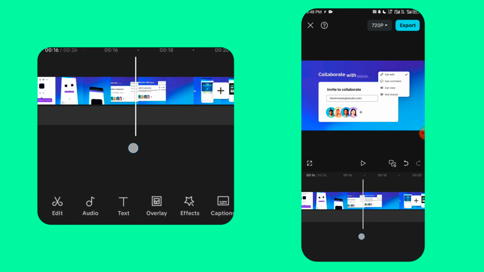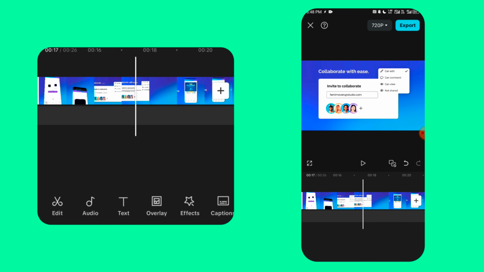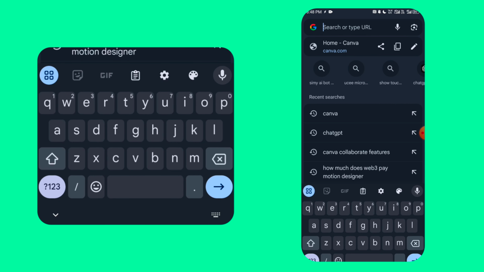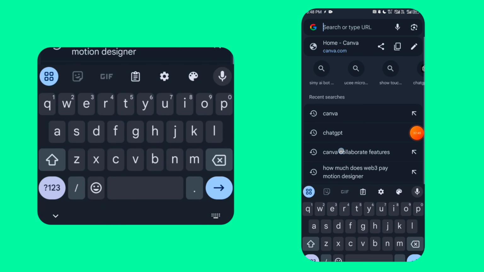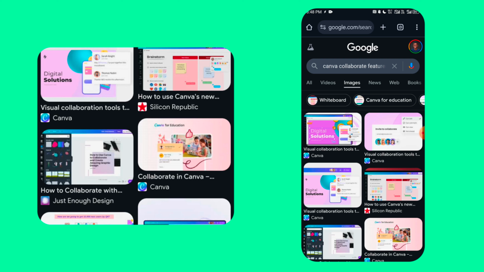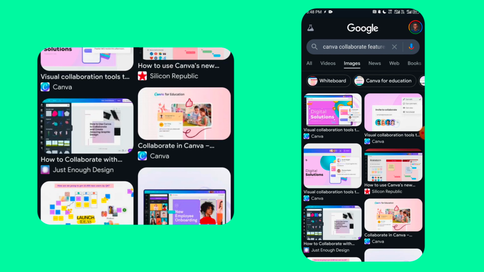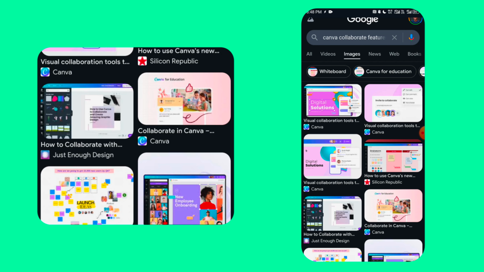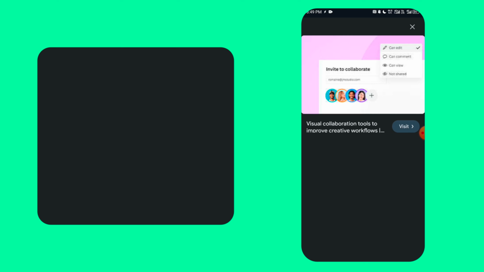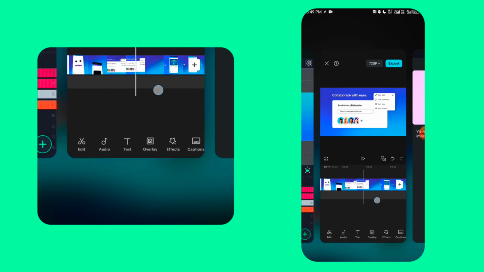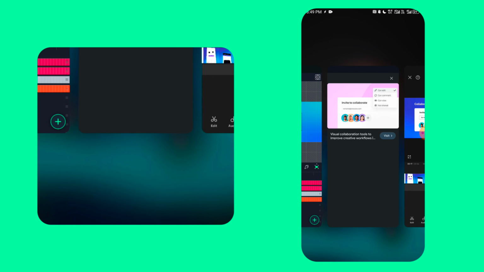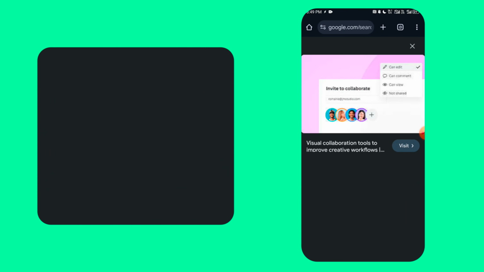Then from there, this one here, very simple. I come to Chrome, search for Canva. As you can see here, Canva collaborate features. Then I click on image. So this is what I use. So I download the image. Let me show you. Everything I did in this animation is just what we call creativity, because it looked like a real Canva project, as if Canva hired me as the motion designer, because of the way I did it. But then, just being creative, I download this